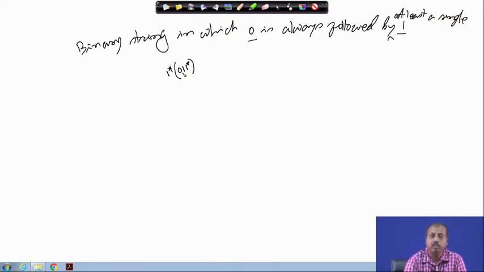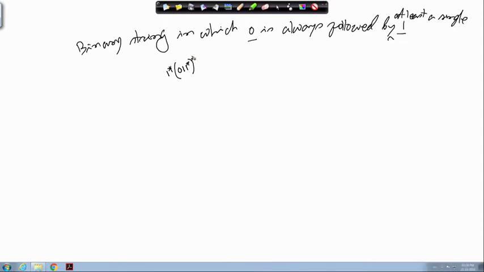So, 0 1 1 star, at least one symbol is there, and then any number of them, and then this can go on any number of times, and at the end you can have any number of ones. So, this regular expression will be capturing all those things. For example, if I have got say 1 1 0 1 0 1 1 0 1 1, something like this,